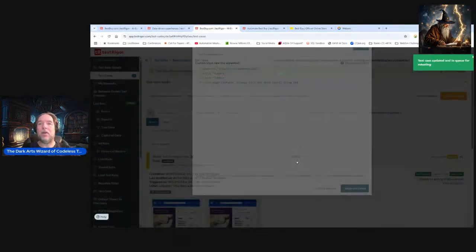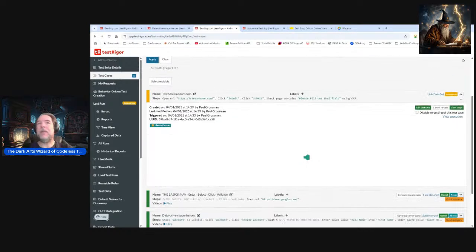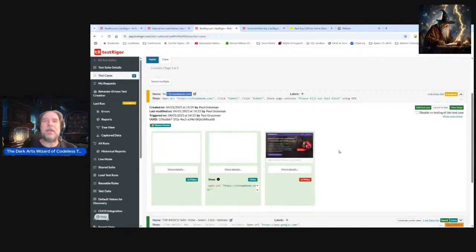I'm going to hit retest on this. And I see, my problem was I named it string boom. That worried me. So I'm going to fix that. That will update momentarily. And there it is. It says stream boom. All right. So it's going over here. Here's one of the things: if you happen to have a page